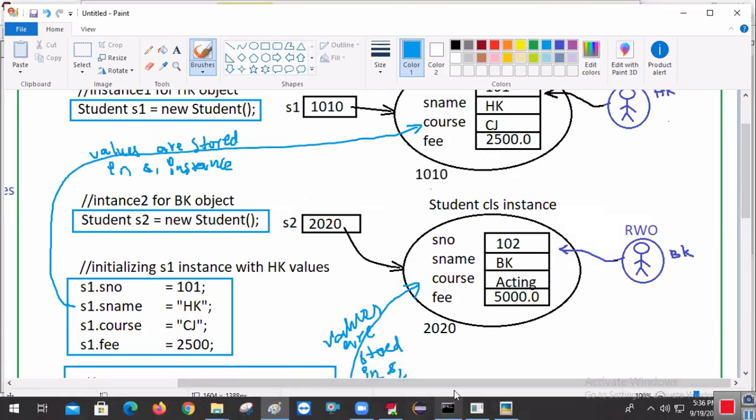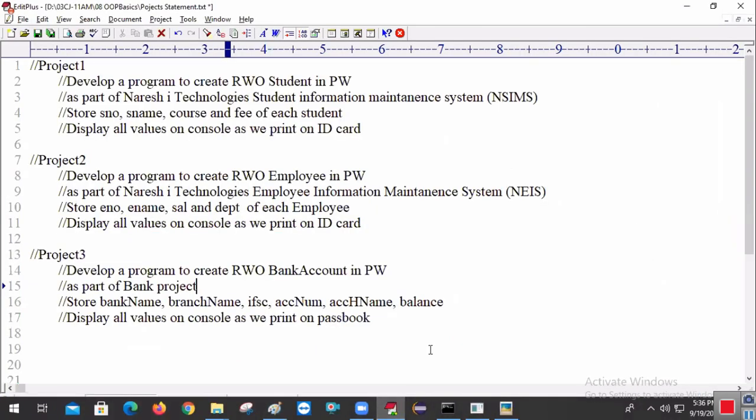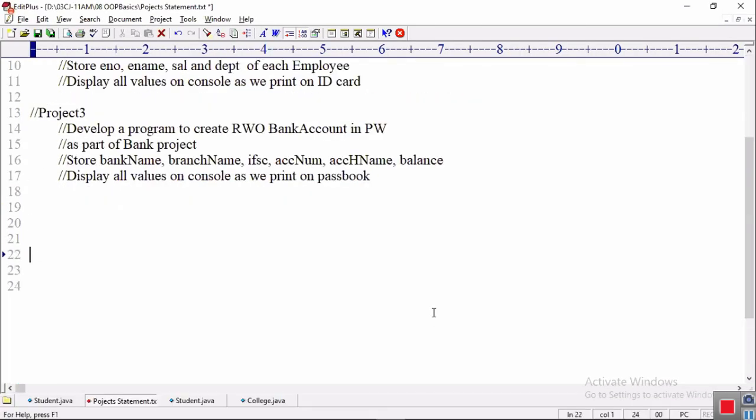Understand? 2 hours here, 2 hours in your room. The time will be every day 4 to 6. Monday onwards, I'll teach operators, control flow statements,